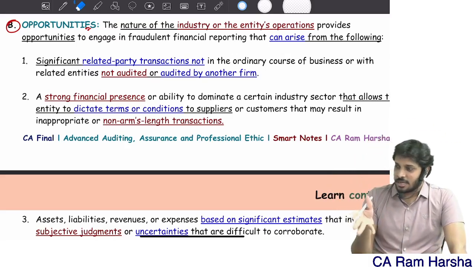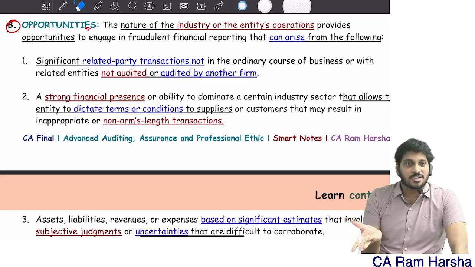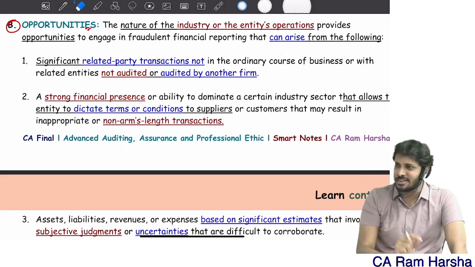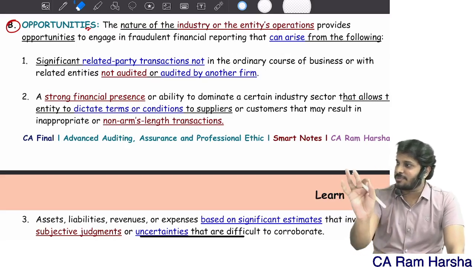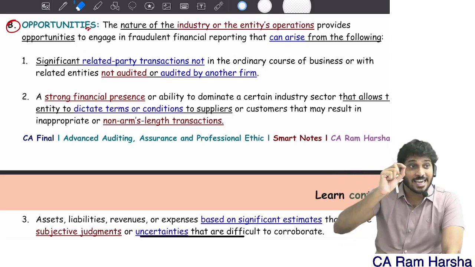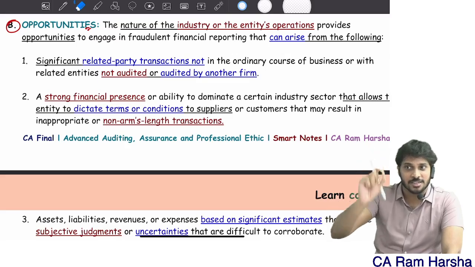In the company, I am just a director, I don't have any shares. Based on my competence, this company appointed me as an executive director. But if I have a bad attitude, just 2%, or even 1% is enough. 35,000 crore multiplied by 1% is 350 crore of fraud we can do.